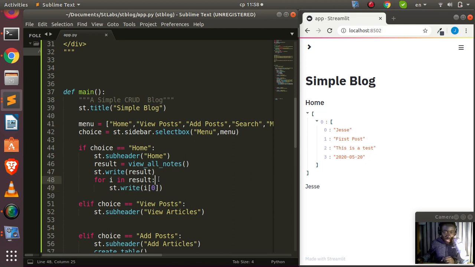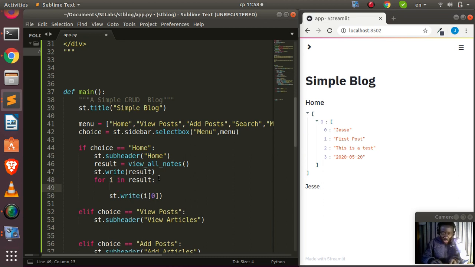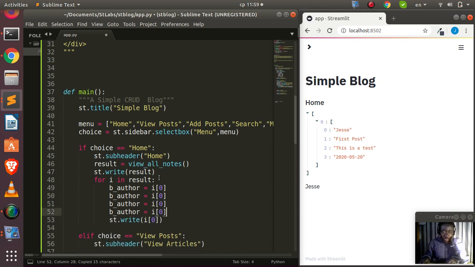Now the better way is to store them inside a variable. So let's go to b author. Then I'll just go with the i 0, right? And I'll do the same thing for the rest. They have 4, so this is going to be b author. This is going to be b title, and b title is 1. As you can see here, the title here is 1. Then this is going to be b